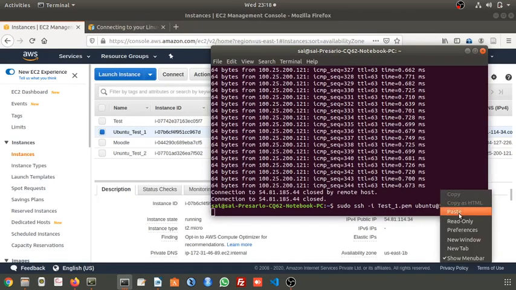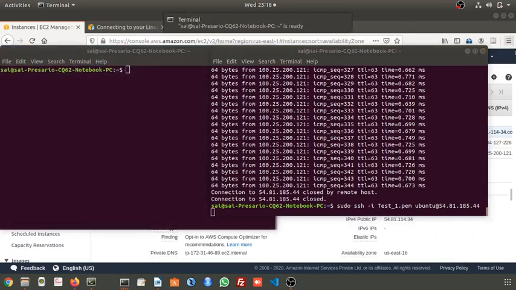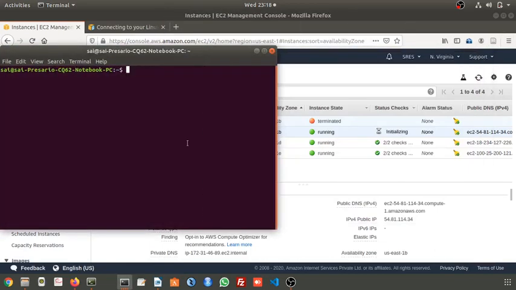One second. I will open a new window and connect to this. Let's check whether it is getting a response or not with the new IP 54.81.114.34.